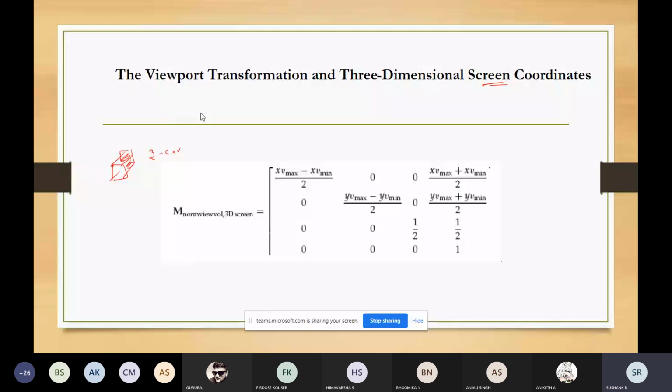So if you include this z parameter, or if you normalize this z parameter, the transformation from the normalized view volume to the 3D screen coordinates is given by this transformation matrix.